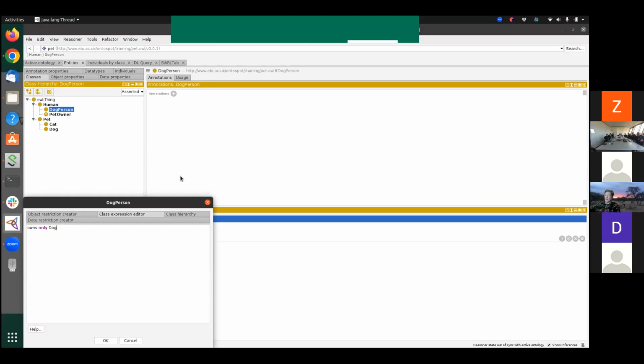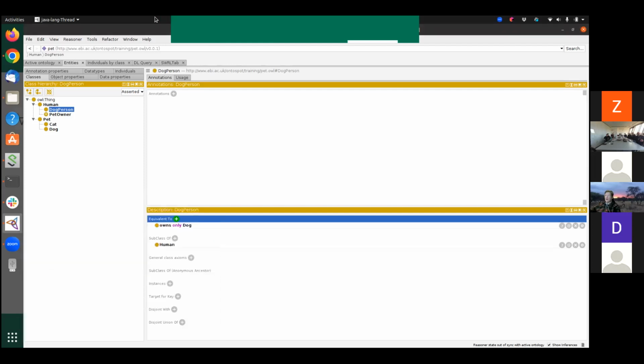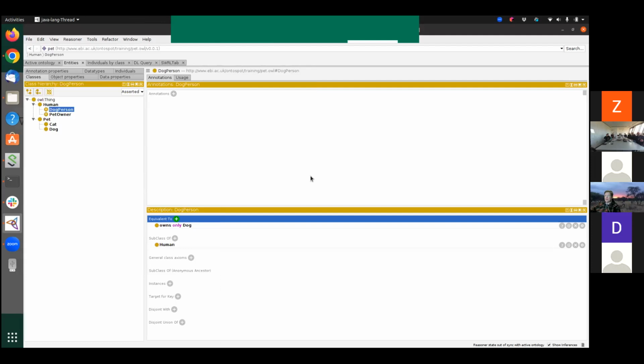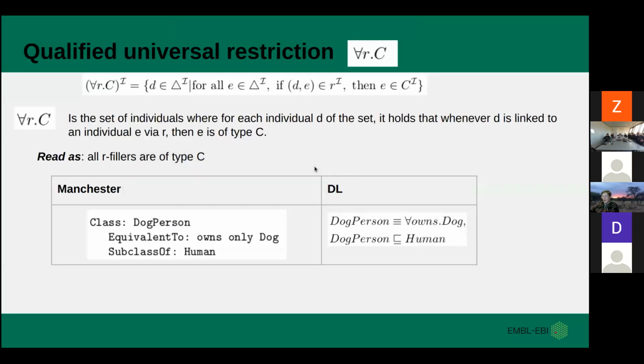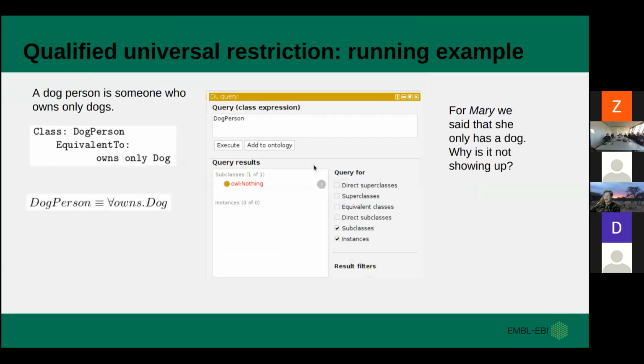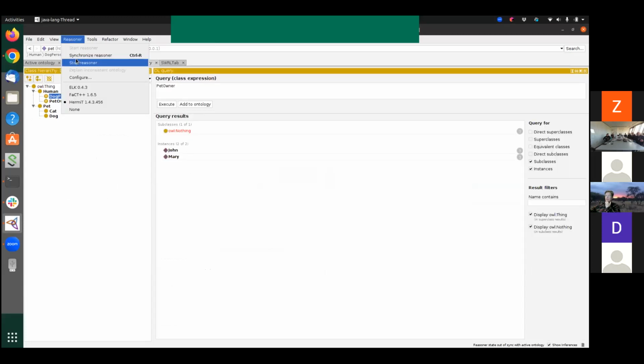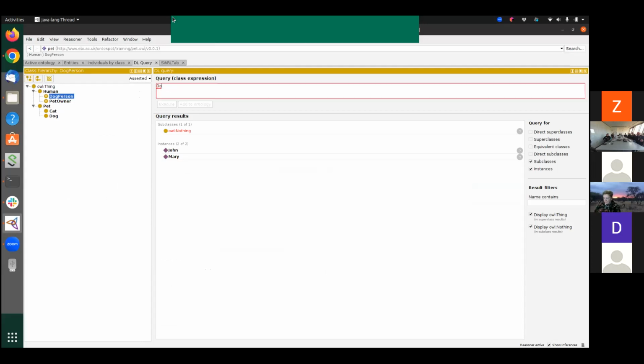Okay, so we have a dog person that only owns dogs. Okay, so now moving to the next part, and as we've said, now I'm going to look at dog persons. So we do this query. I'm just going to synchronize again. And if I now say dog person,